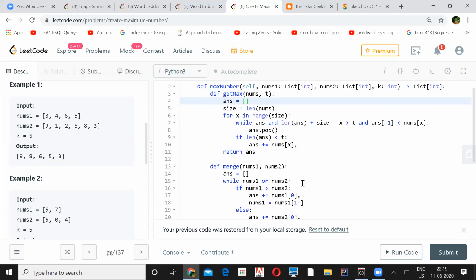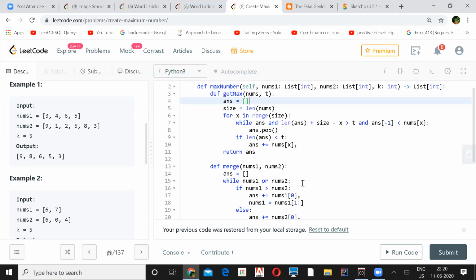If you have digits more than your k value, then you can use that monotonic stack. But whenever the array length is equal to the k value, then you just have to append it. That is what you are doing on lines 9 and 10. Or else you can optimize it for that.